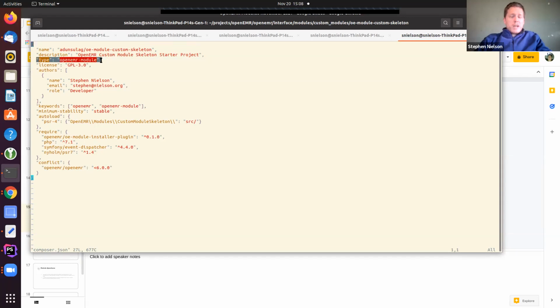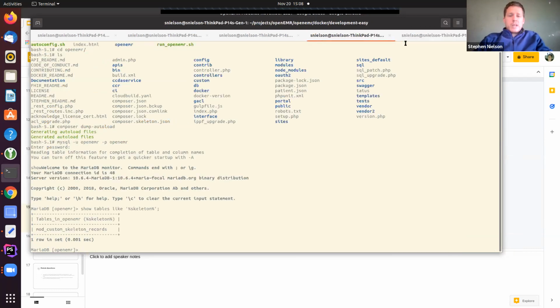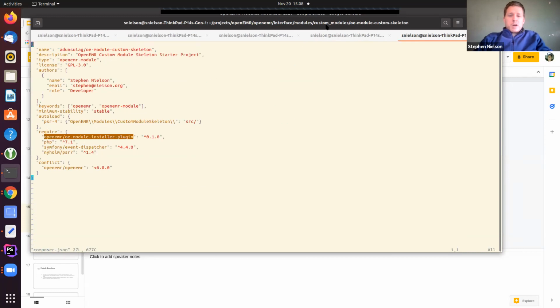You need to set your composer package type to be an OpenEMR module. This is used by a package that you'll need to install inside your module called the module installer plugin. It will key off of this type, and it will install your module directly inside of the interface modules custom modules folder.